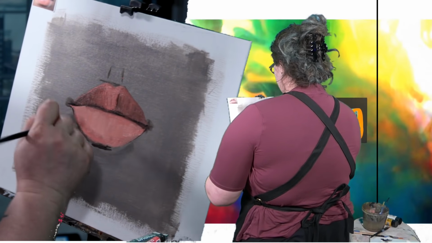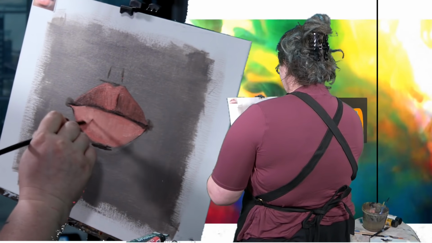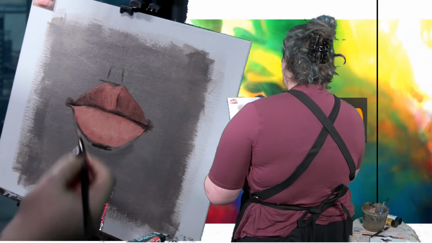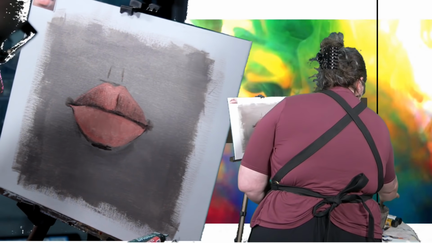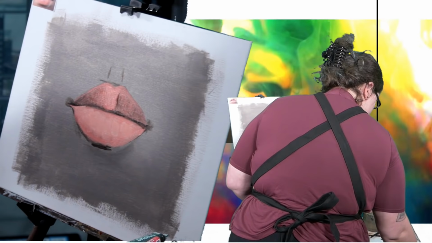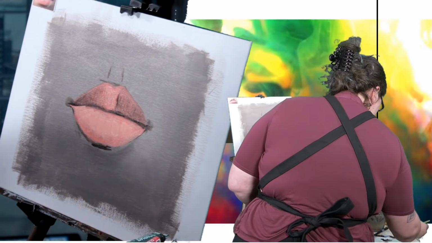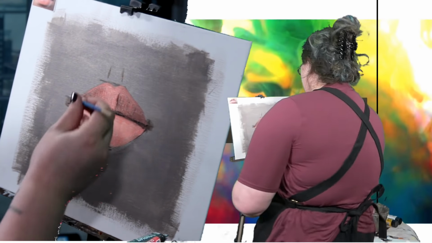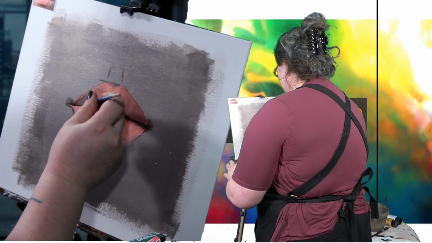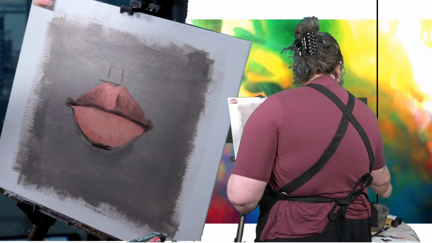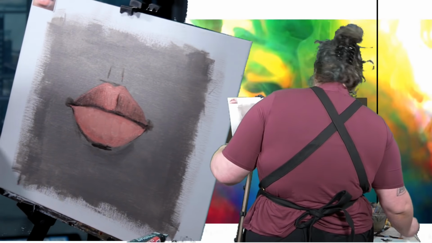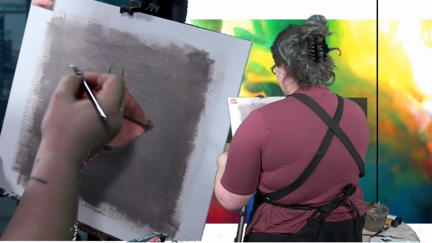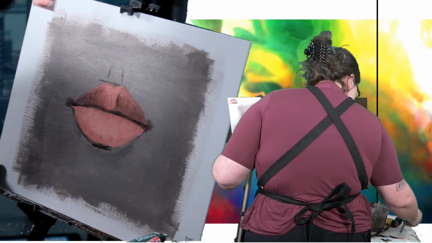some of my highlights up here. Again, if you make a mistake, like right here, I accidentally came up a little bit high. Come back through. I'll take that small round brush that I was using before. Just fix it. Alright, I'm going to let this dry for a little bit